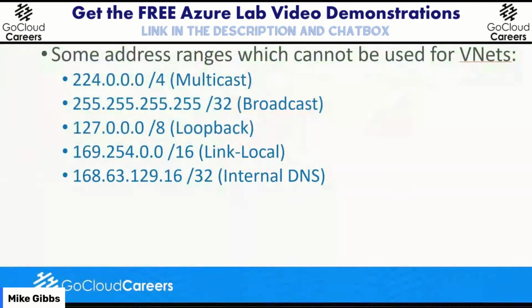Now, there are also some addresses that you cannot use in Azure. And here's the reason why. You're not multicasting for the most part on the cloud. So you might be able to join a group or push a group or use a GRE tunnel to get through the cloud, but you're not really going to multicast. You're not going to send an all-F broadcast, which is what this is considered, because it won't leave your local subnet. All hosts have this 127.0.0.1 address.